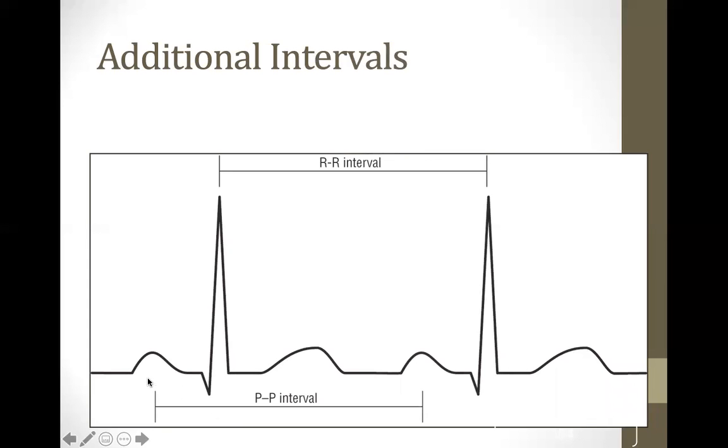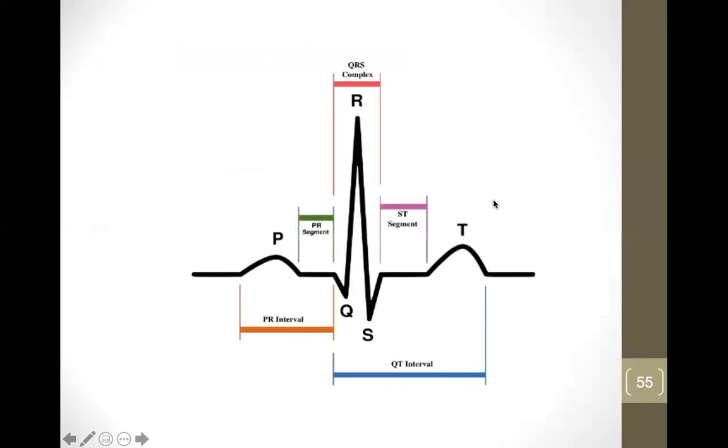You can also do it from the P wave to the P wave, which is the P to P interval. It's just harder to visualize the P waves compared to the R waves. So a lot of people just go R to R interval, saying that it's from one heartbeat to the next heartbeat. So this is our overall picture of everything that is happening within the heart. Remember, we have the P to R interval, which is giving us all the conduction system firing,